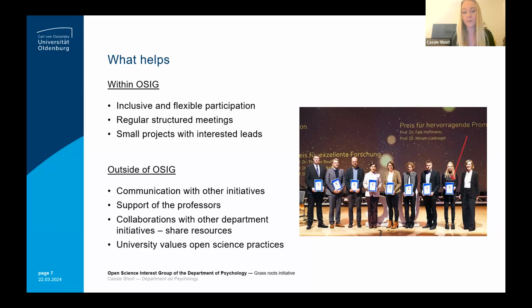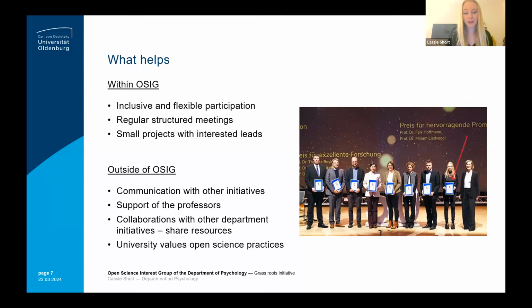Same with the newsletter. The person who's in charge of the newsletter is very passionate about sharing what we do and sharing the open science news and achievements of the department with everybody, to make everybody aware. So this is also a very nice project that's been long lasting now for, I think, 2 or 3 years. We try to keep it sustainable.